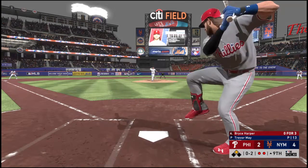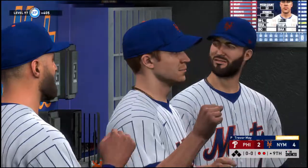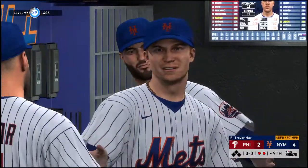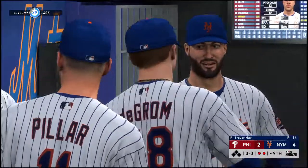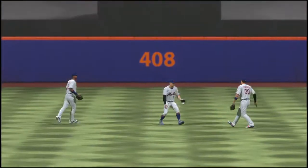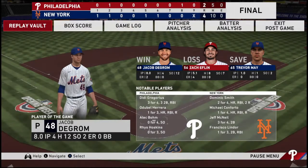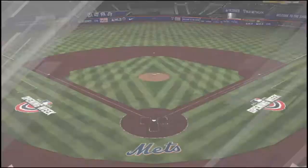Philly down to their last strike. And he strikes him out to end it here as they were able to get the possible tying run to the plate but could not cash in. And a nice job here to come in and slam the door. That's his first save of the season, but it certainly won't be his last. 4-2 the final score today. The Mets took the lead in the second inning and rode that until the